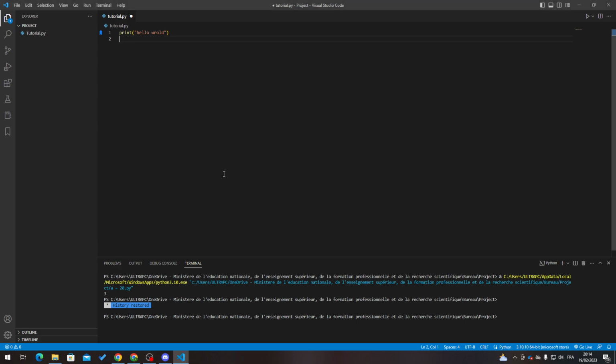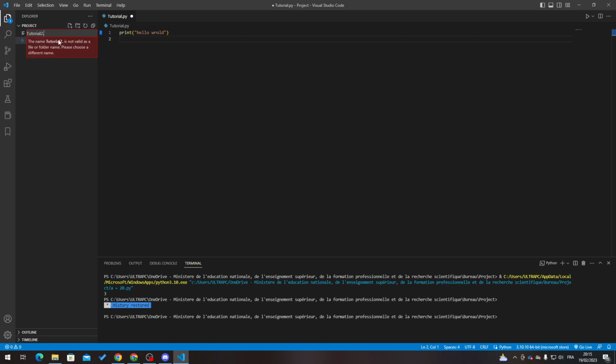So the navigation back option is basically a thing that will help you navigate between your files, your scripts. So let's say that you have a big project. For example, for me, I don't have really a big project. I just have print hello world. But in case you had, for example, here